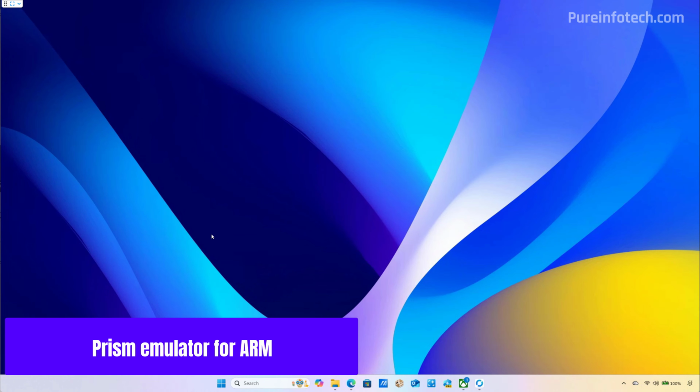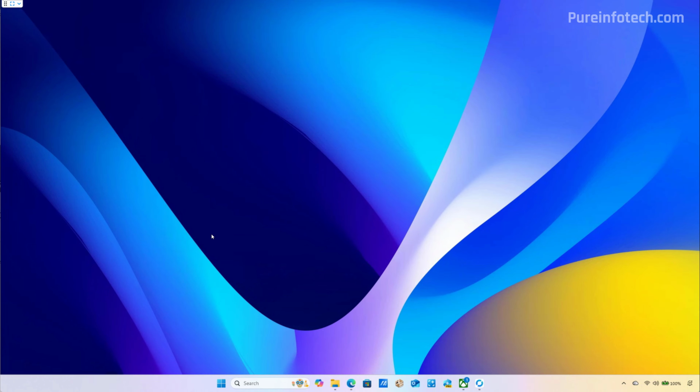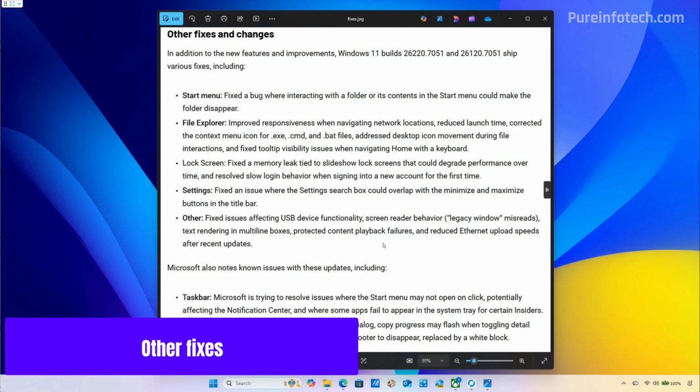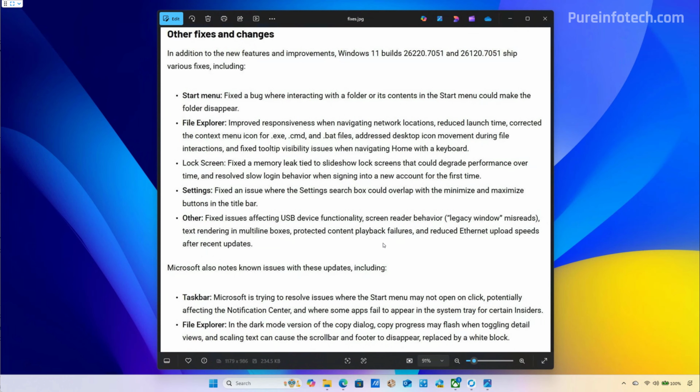Finally, Microsoft is also expanding the capabilities of the Prism emulator to support more features, enabling more compatibility with x64 apps on ARM-based devices, such as Copilot Plus PCs. This enhancement applies automatically to all x64 apps under emulation. However, for x86 apps, support can be enabled manually through the Properties menu for that particular app under the emulation settings. And that's it. Those were pretty much all the biggest features that you're going to find on Windows 11